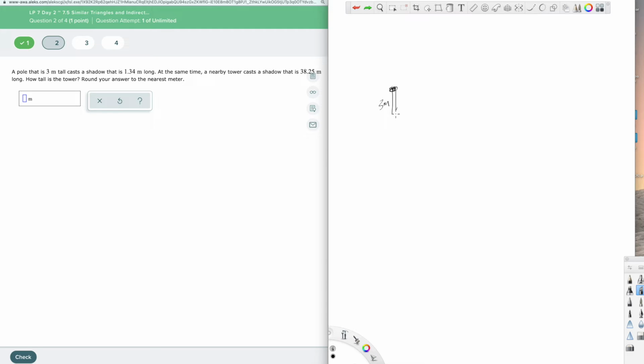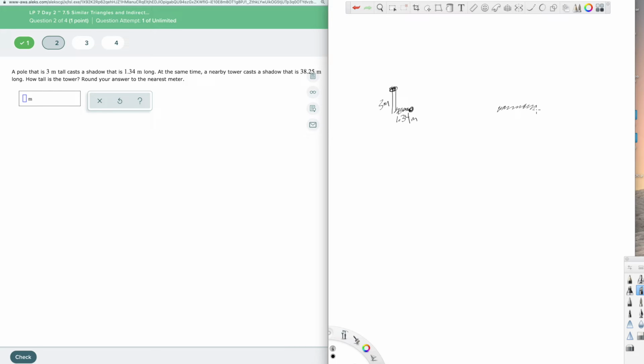So I'll make it very short like this. 1.34 meters. I should have looked at that before I started drawing the shadow. I read it and it didn't stick in my brain when I started drawing. So here's the pole, here's its shadow, right? And then it says nearby there's a tower, and the tower casts a shadow